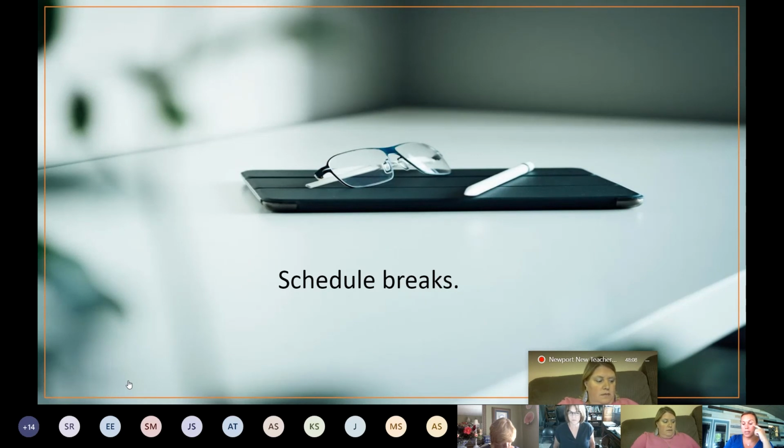Your planning is really the only time that you're not with children, besides lunch. So in this environment, if it's possible, schedule yourself a 10-minute break. If it works out that you're not live with students from 10 o'clock to 10:10 every day, schedule yourself a break, get up, walk around, do something that is not work related for 10 minutes.